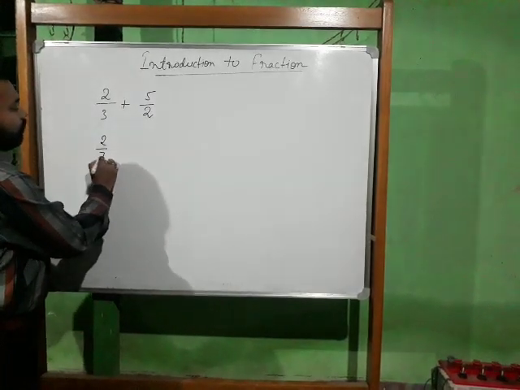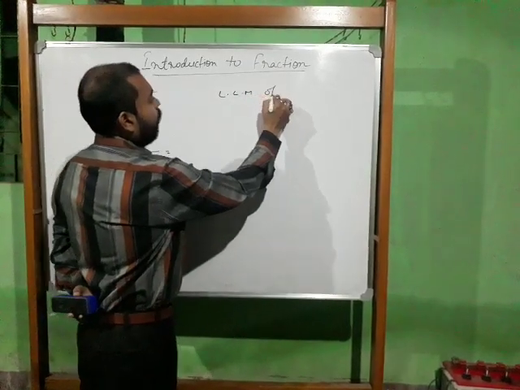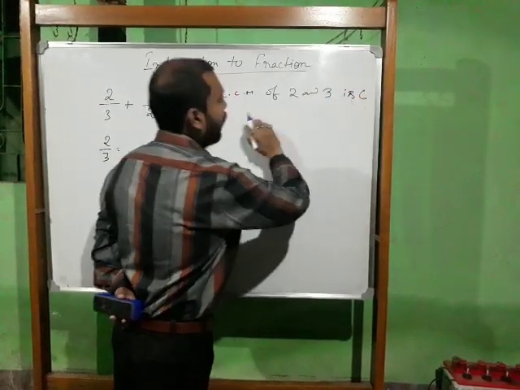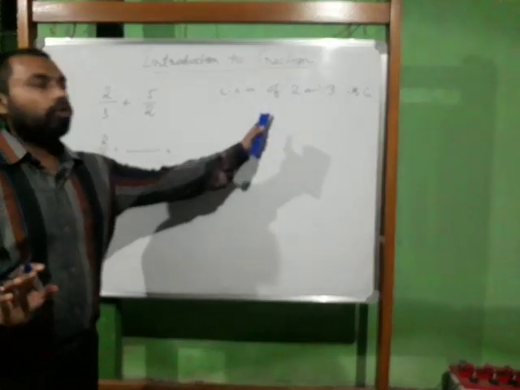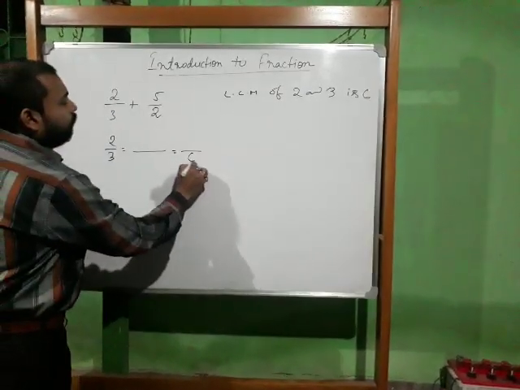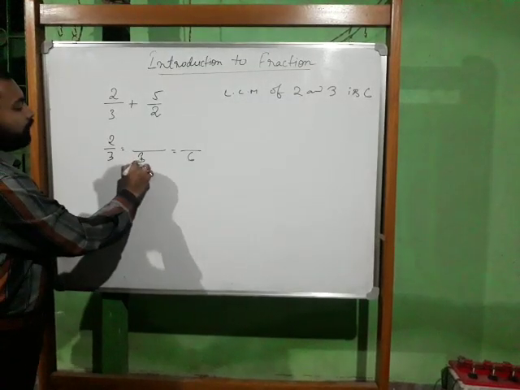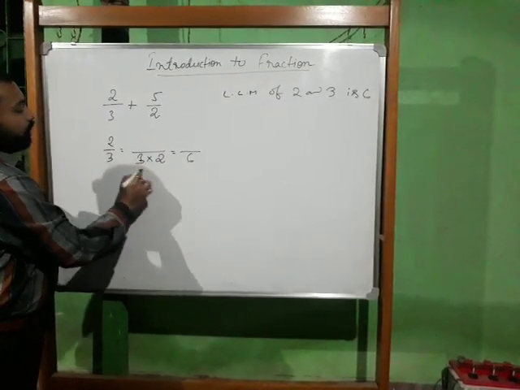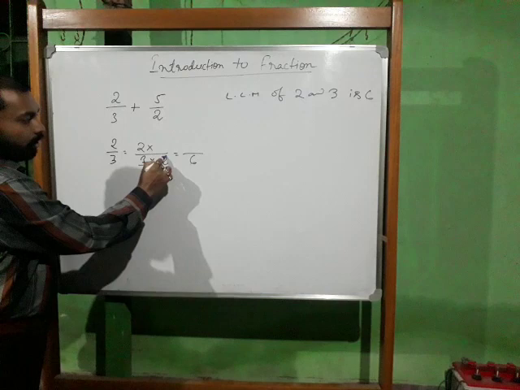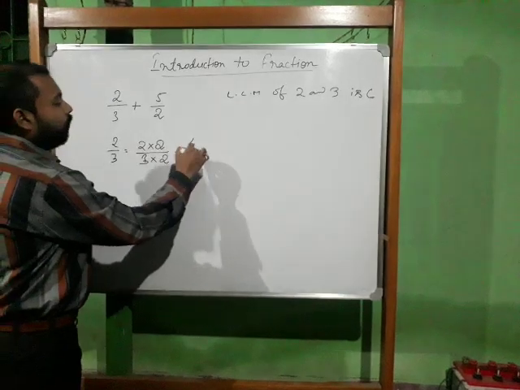2 by 3. So now, as I told you, the LCM of 2 and 3, okay, it is 6. And I know all of you know how to find the LCM, so I am not showing you the LCM part. So we have to make the denominator 6. So with 3, what do you multiply to make it 6? It is 2. Now in the numerator 2 is there, so again we have to multiply with 2, because here we are multiplying with 2. So here also we have to multiply with 2, so that it becomes balanced. Now 2 into 2, it is 4. It is 4 by 6.